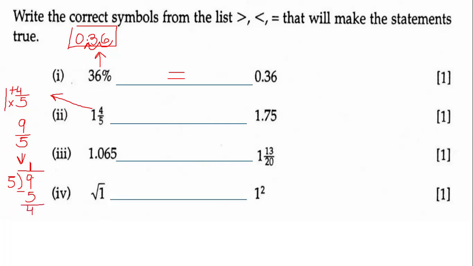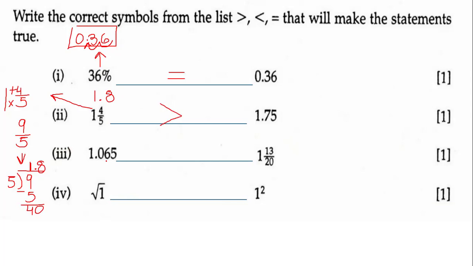4. And then the decimal point gives us permission to add what? To add a 0. Add a 0 at the bottom here. How many times does 5 go into 40? 8 times. So this is actually 1 point what? 1.8. And what is 1.8? That's going to be greater than 1.75, right? Does that make sense? Yes, sir. Good. And then we have